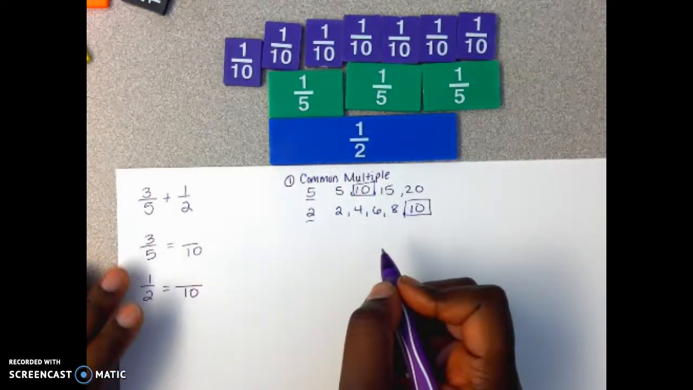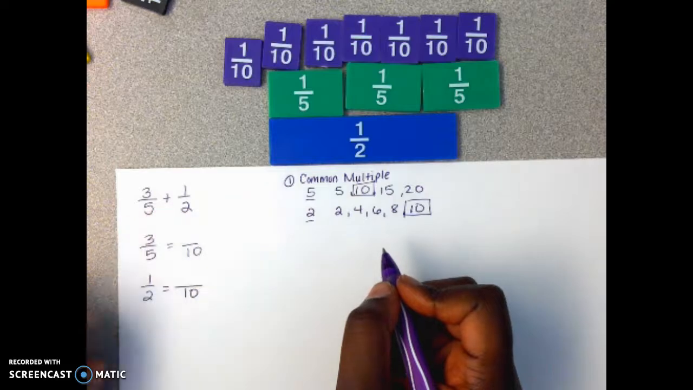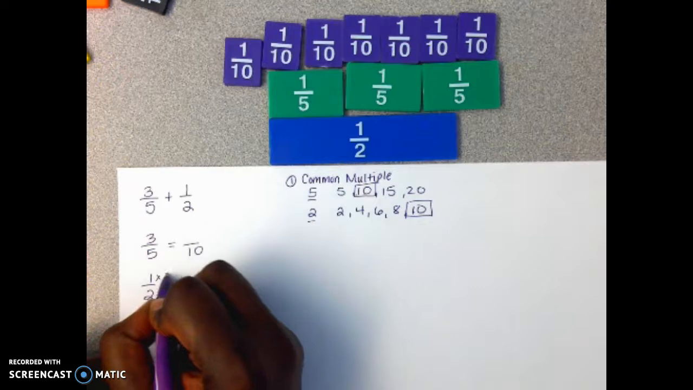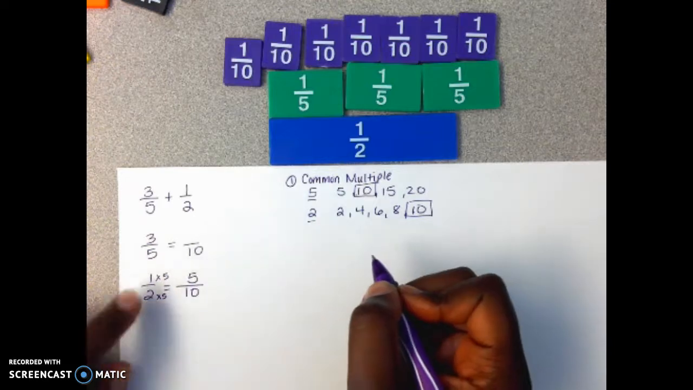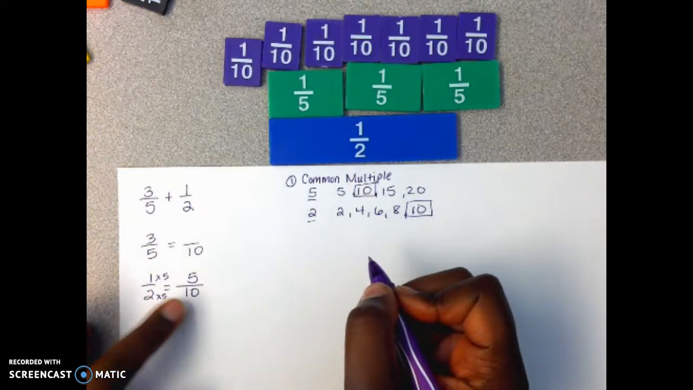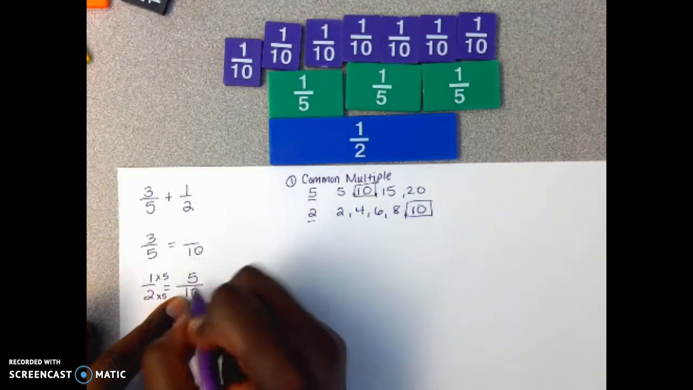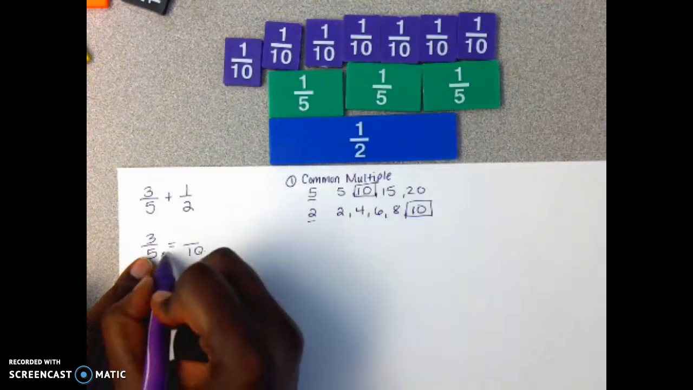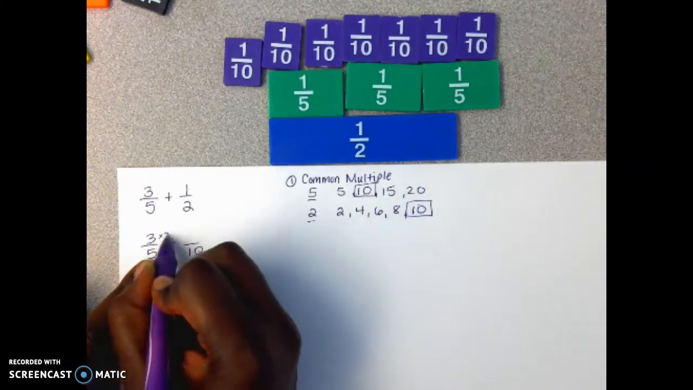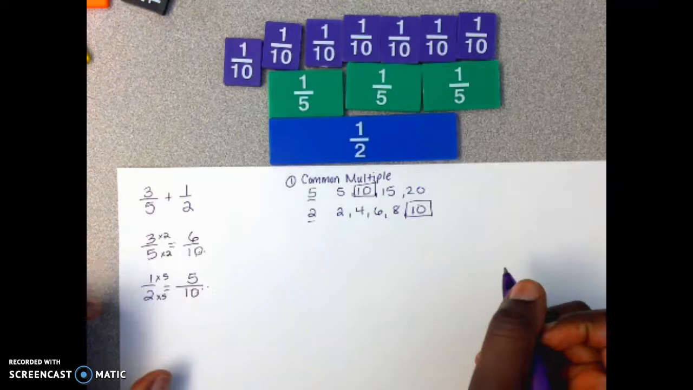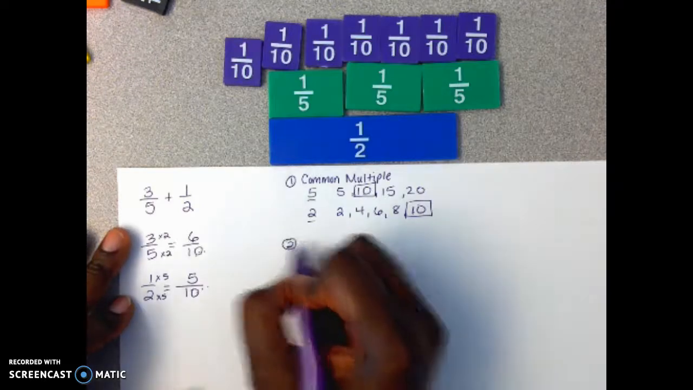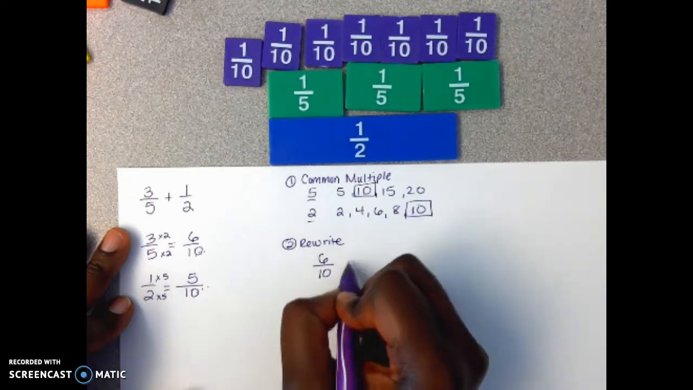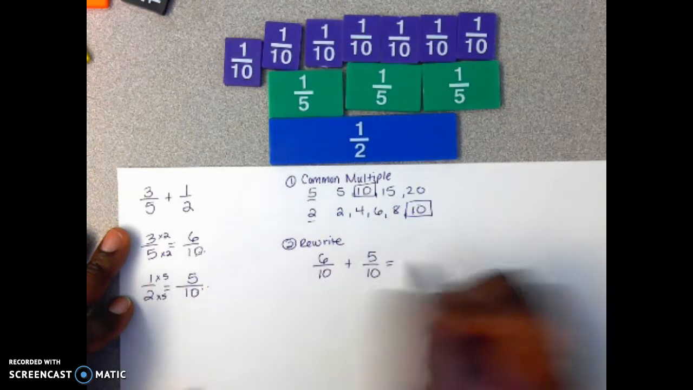I'm looking for an equivalent fraction for 3/5 and for 1/2. So here I have 2 times 5 would have been 10, and 1 times 5 is 5/10. Now I know that 1/2 is equal to 5/10, so this is a good equivalent fraction. And now these two fractions are going to have the same denominator. Now I can multiply 5 by 2. That's how I got 10 here. So I have to do the same thing with the numerator. We have 6/10. Now we're going to rewrite our equation. We have 6/10 plus 5/10 equals